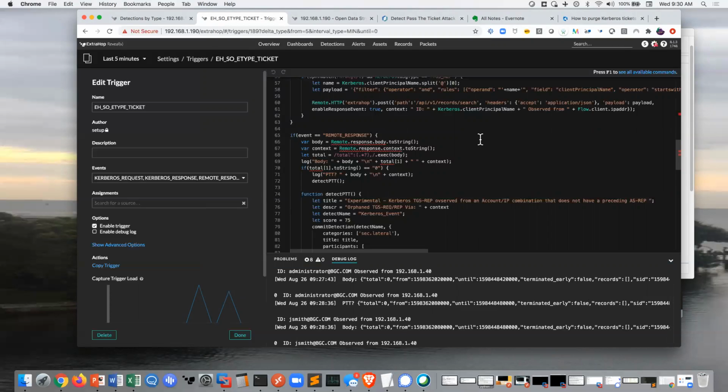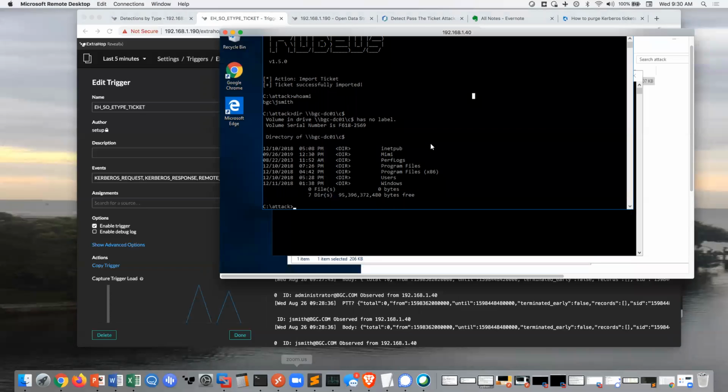So we've been watching all of the transactions of 192.168.1.40. So we know everyone who's logged onto this box. We know every time someone's changed a password on this system. So then when we see the administrative account accessing that KRBTGT using a TGS-REP, we basically just do a quick check. Hey, I see you using this ticket. Did you actually ever log into this box? And if they haven't, then we can definitely assert